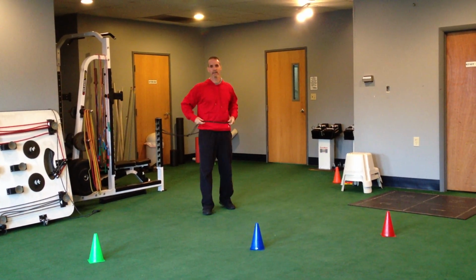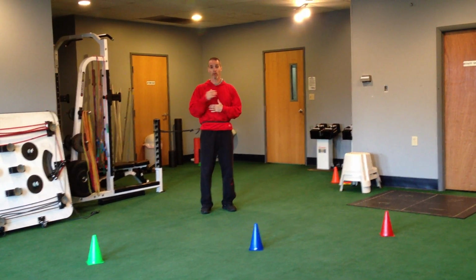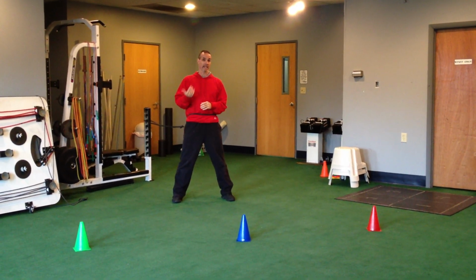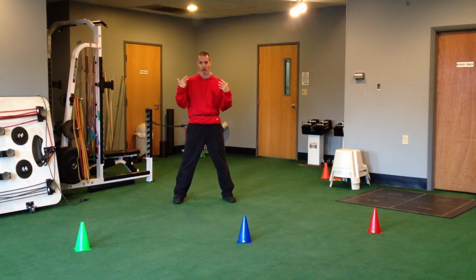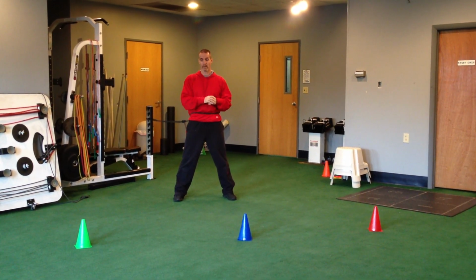Now, normally in this drill, where the camera is, there'll be a coach, normally me, and I'm going to point to one of the cones. The athlete has to come out of an athletic stance and react and get to the cone. Secondly, because if you notice I've got a green, a blue, and a red cone, I can call the color. So they have to concentrate a little bit more to sound, auditory command, and recognize the color and then get